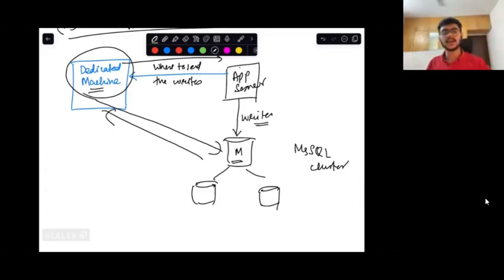Is this point clear to you? Is this one point at least clear to you, how the writes will happen in this case? I hope this point is clear to everyone who is present in the class. Please, guys, give me a +1 if this point makes sense to you.